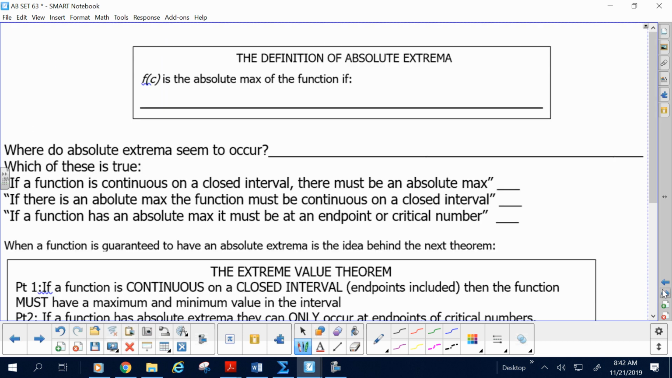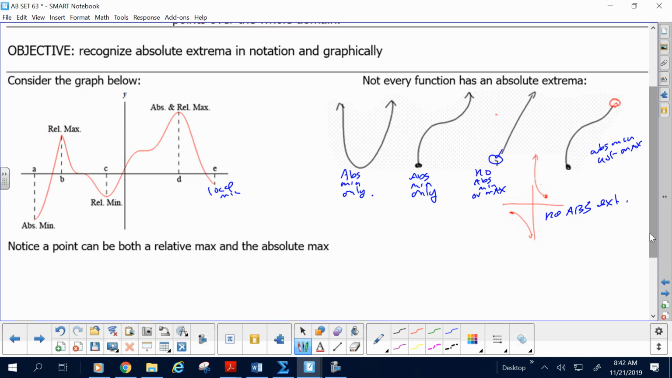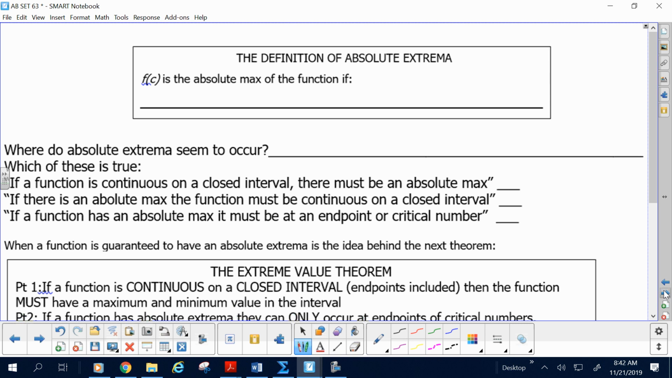All right. So the definition, what makes an absolute extrema? I kind of just said it in that last red one, when I said, is there a point higher than all others? That's the definition of an absolute max. If its y coordinate is greater than all others. So you could say f at c is the absolute max of the function if that y value is greater than or equal to